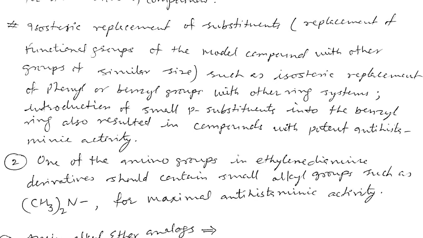Because on one end of the amino groups in the ethylene diamine, we have seen phenyl substitution, benzyl substitutions, para methoxy benzyl substitutions, pyridine substitutions, as well as the substituted thiol and methyl thiol substitutions. These are mainly isosteric substitutions, because their molecular weight is almost similar, so they can be replaced, and by the isosteric replacement, the activity will definitely increase in the ethylene diamine derivative as an antihistaminic drug.